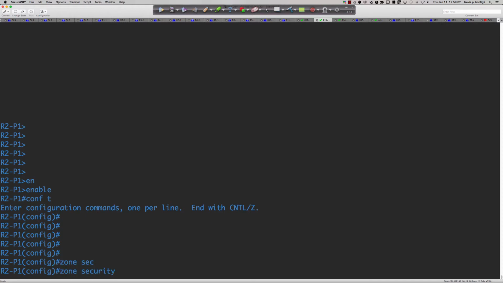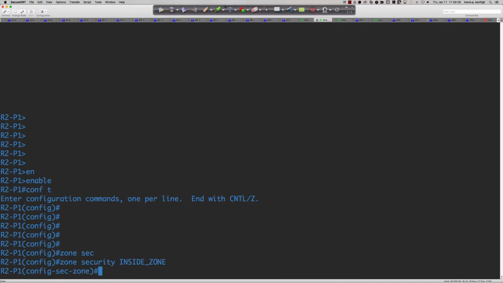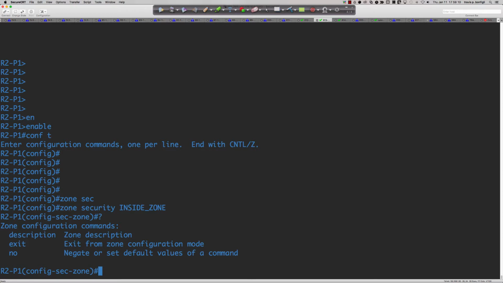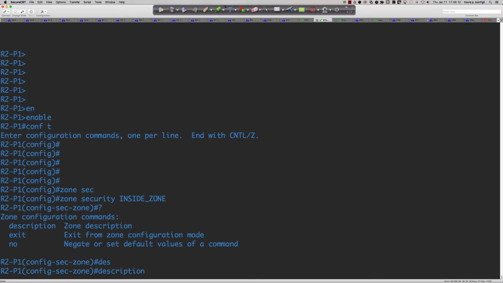So we want to create a zone security, and we're going to say inside_zone. We're going to give it a nice distinctive name. Now, different than Packet Tracer, really the only thing I can do here is put a description. So it's kind of self-evident and obvious what this means. So maybe you put something in here like a quick comment. Hey, TP bond fee, and the CCR that I used to create this was 8675309, and the date that I